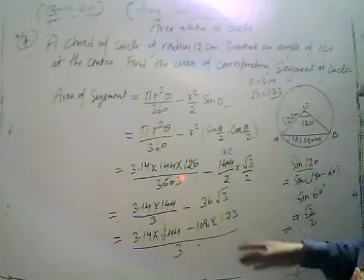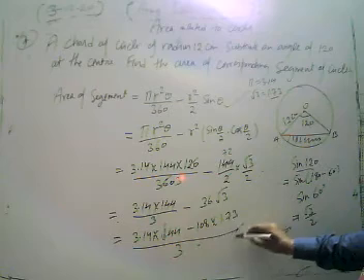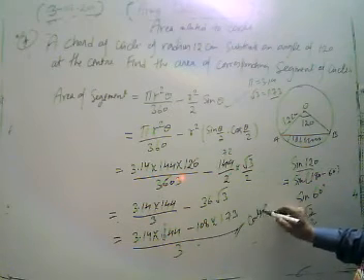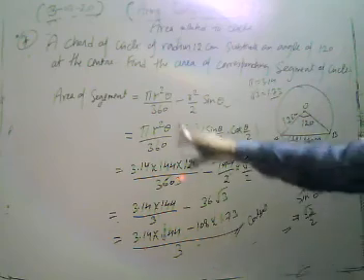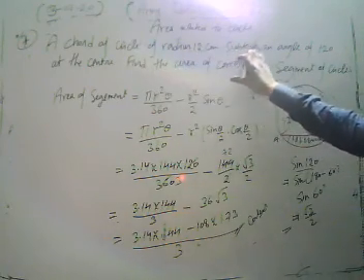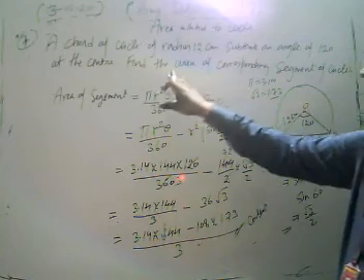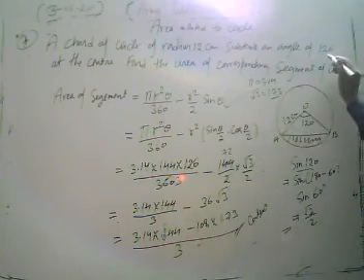Thus, I am going to revise what you do. From here, use your calculation and solve it, and then get the value in centimeter square. What is the area of the segment cut off by a chord of a circle of radius 12 centimeters, subtending an angle of 120 degrees at the center? Here is the difficult problem.